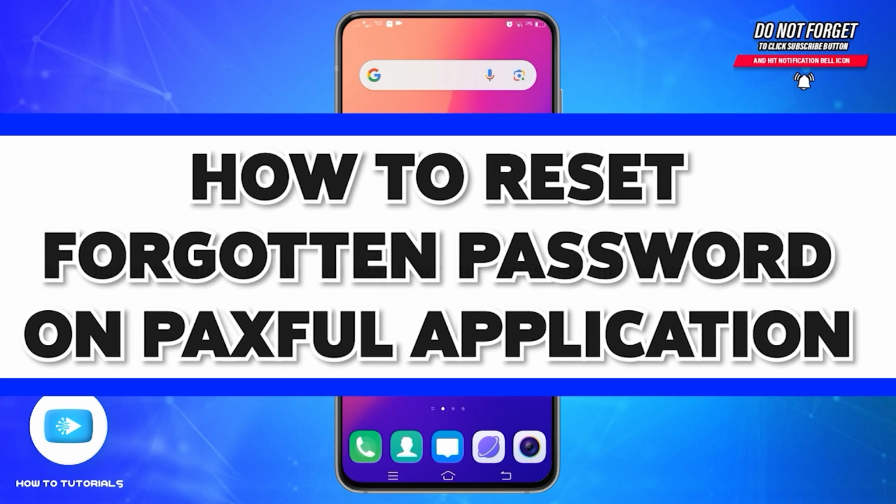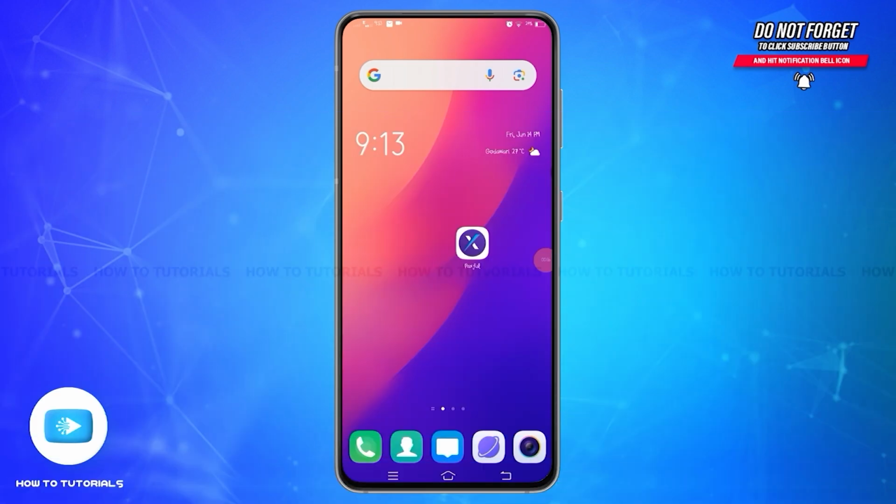In today's video, I'm going to show you how you can reset your Paxful forgotten password. Paxful is a peer-to-peer cryptocurrency marketplace that enables users to buy, sell, and trade Bitcoin as well as other cryptocurrencies directly with each other. Now, if you have forgotten your password of your Paxful account and want to recover it,